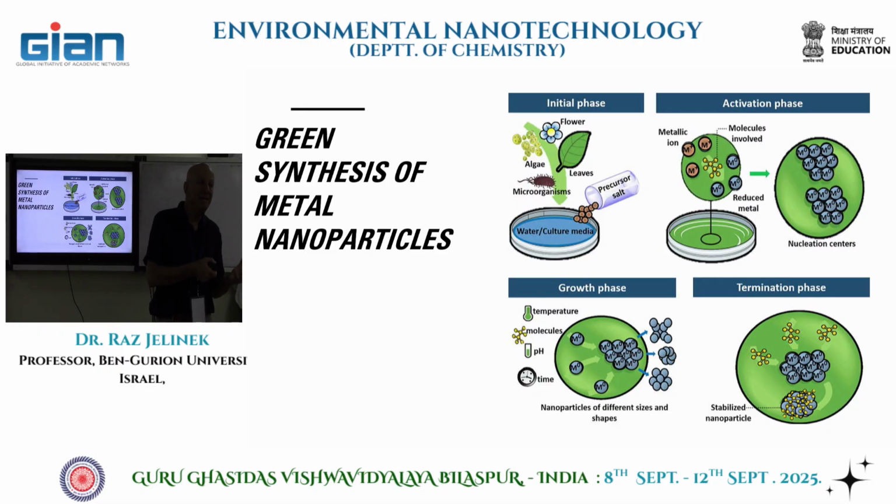You can buy magnesium acetate. You can buy salt very cheaply. So you put the salt in, and the amazing thing that can happen in this solution is that the biological molecules and enzymes from the organic material can reduce